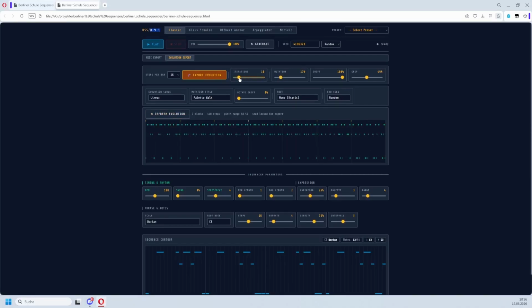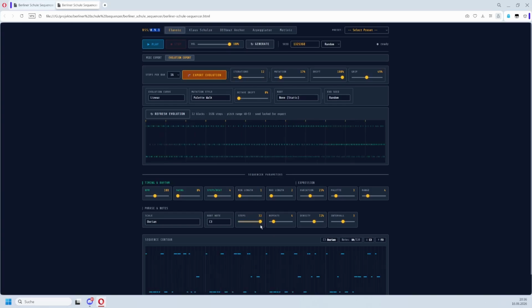64. And yeah, that's quite long already, given that the initial block can have up to 32 steps. We have initially 16 steps, you can go up to 32. And you can go up to 16 repeats. So this is already quite a long part here, and this becomes even longer